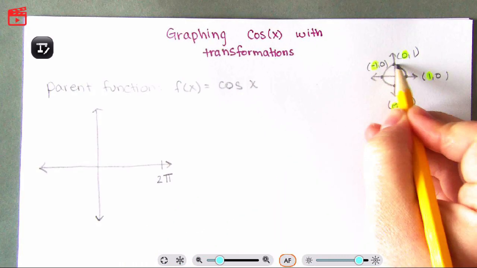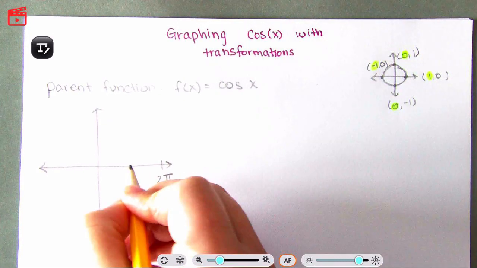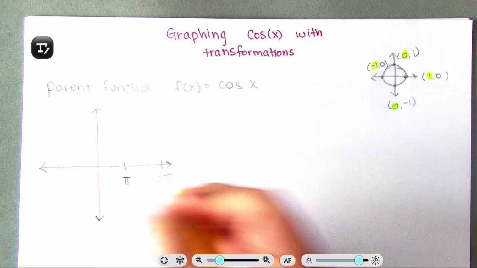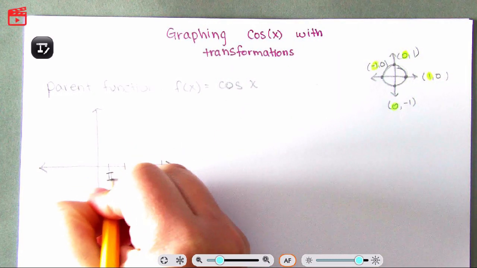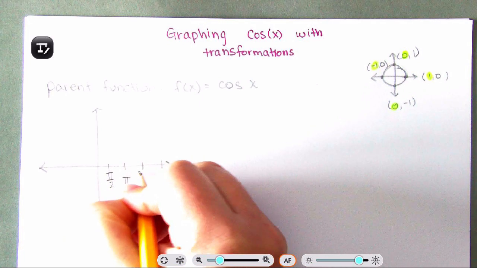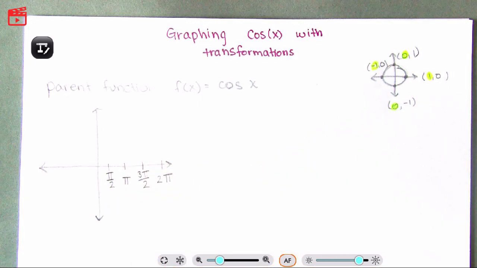What is half of a rotation? Half of that is pi. And what is half of that? That is pi halves. And this is 3 pi halves. Okay, and then we're going to graph. If you recall the sine of x video, there are 5 points, technically 4, but technically 5, that we should be plotting. So let's start with